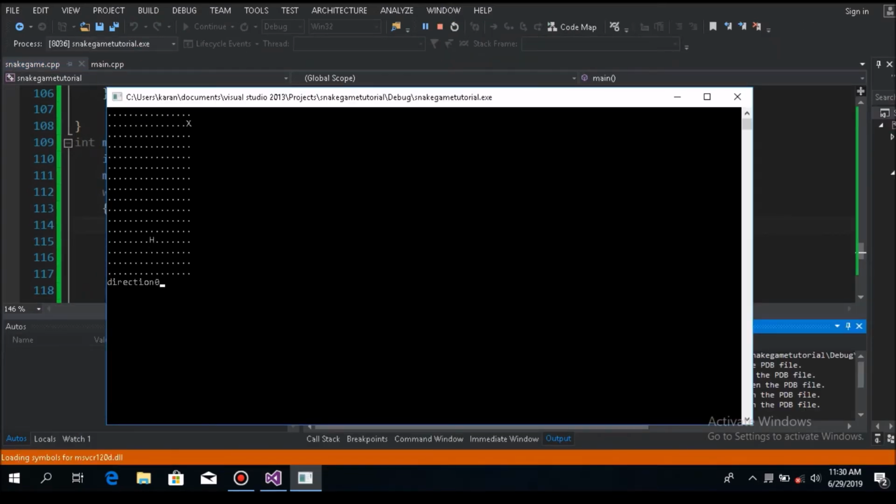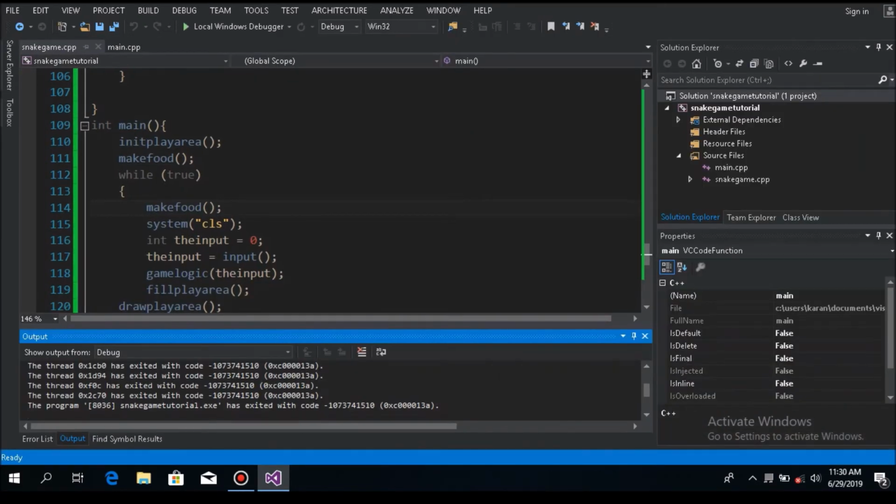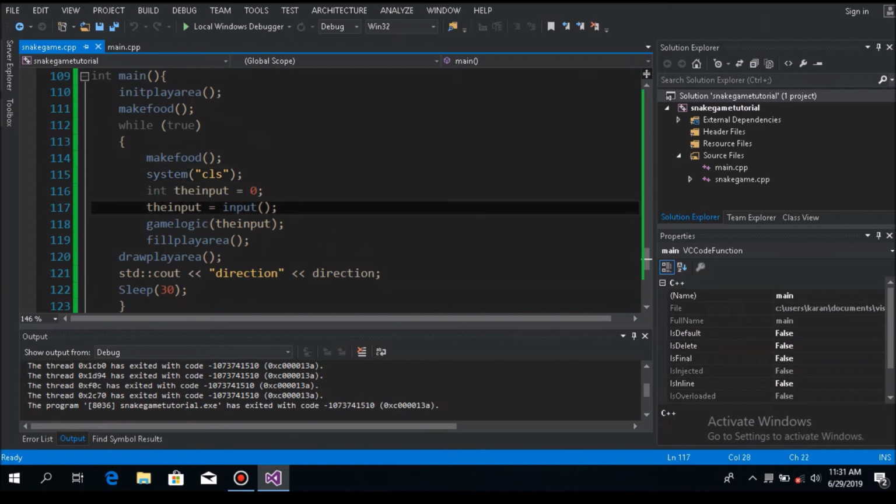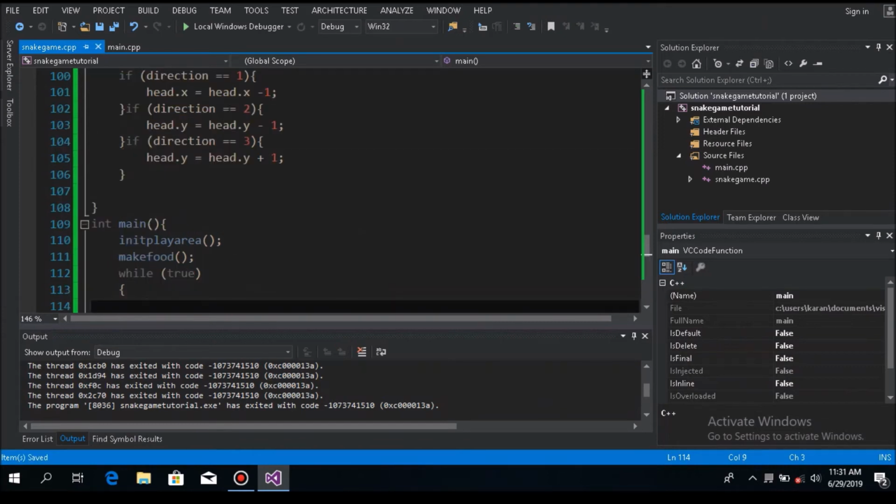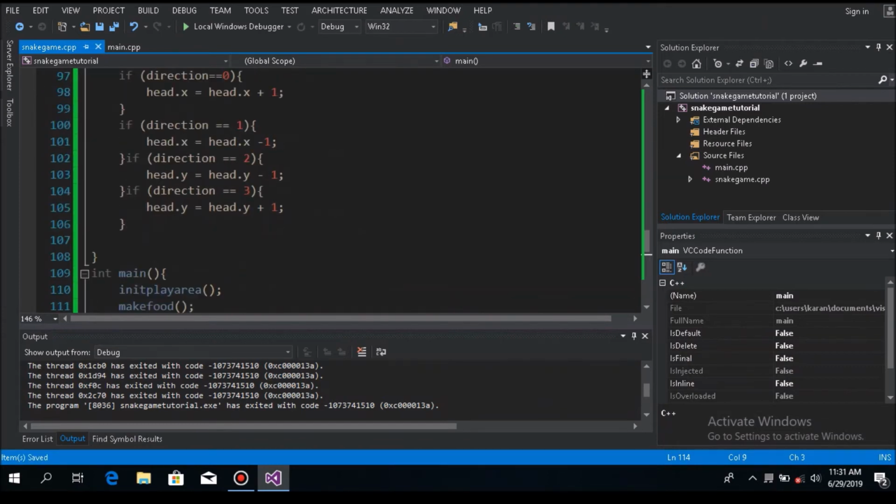Does it even? Okay, yeah, it does. Look, it goes randomly, right? You can see the X goes randomly. So we're good there, actually. Yeah, we're good there. So we make food, and then okay, so the head moves,